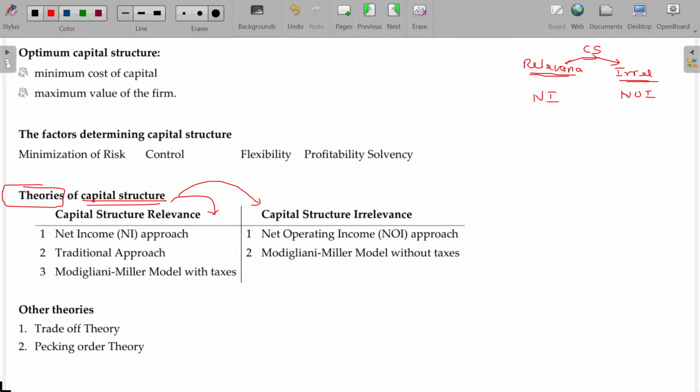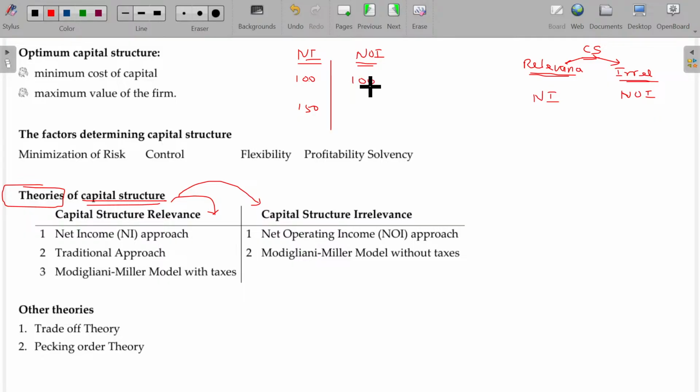Net income approach says, based on the capital structure, your value may increase from 100 to 150 if you are increasing the debt in the capital structure. This is the NI approach. NOI says, sir, whether you borrow or raise equity shares, issuing the shares or some other mode, whatever it may be,